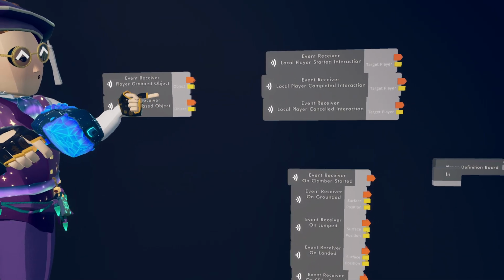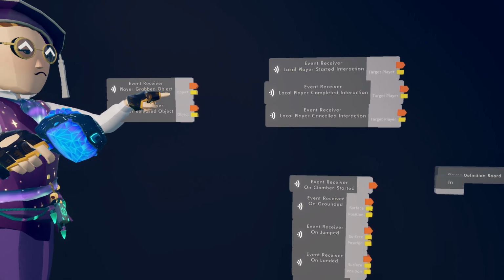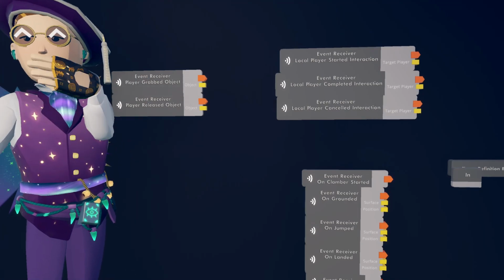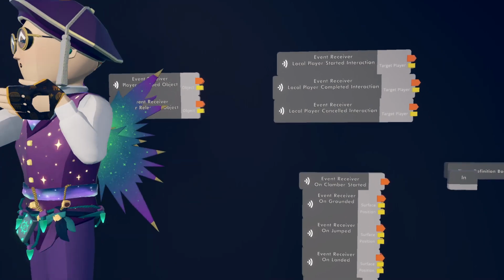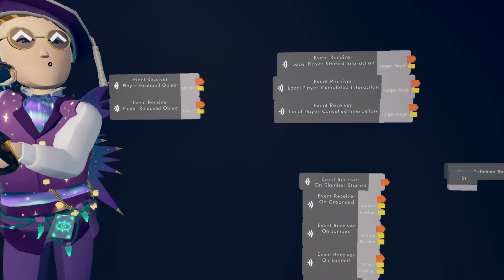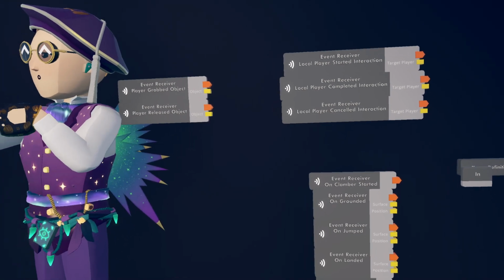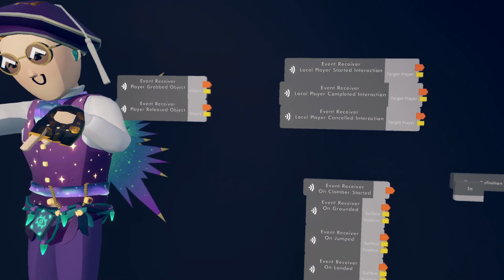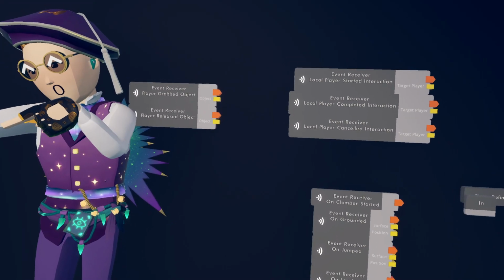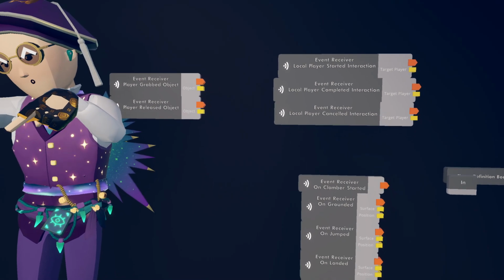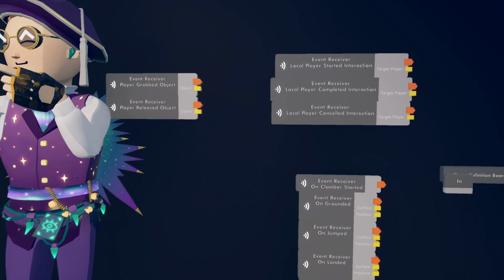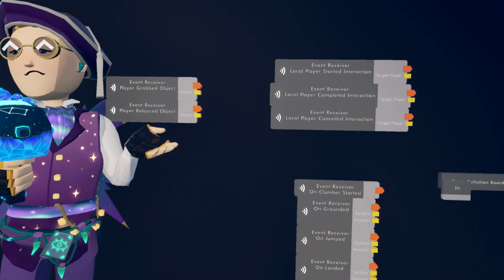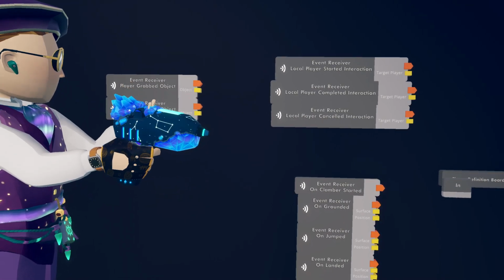And you'll notice it only outputs the object the player grabbed, not the player. So you're probably wondering, how do you know what player grabbed it? Well, like Will was saying, every single player has their own object definition board. Much like how on a button, if you put down a self chip, you can get the button itself, in a player definition board this self chip will always output the player, and it is linked with this event.